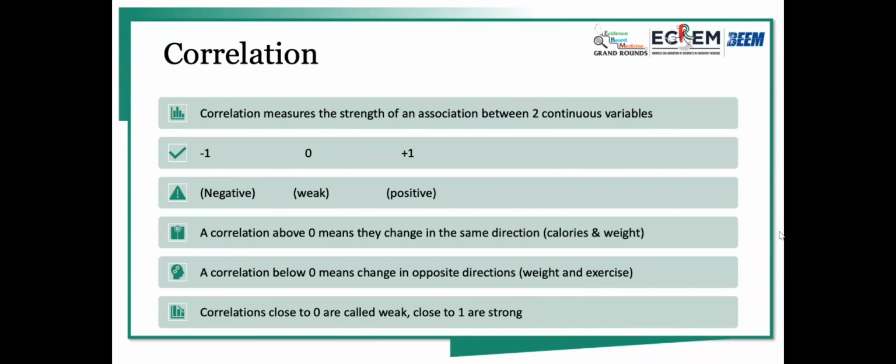So I put down calories and weight as a positive correlation. As you increase your calories, you increase your weight. And weight and exercise is a negative correlation. As you exercise more, in theory, your weight should come down. So that's enough about correlation and causation, just something to keep in mind. I'd like to talk about